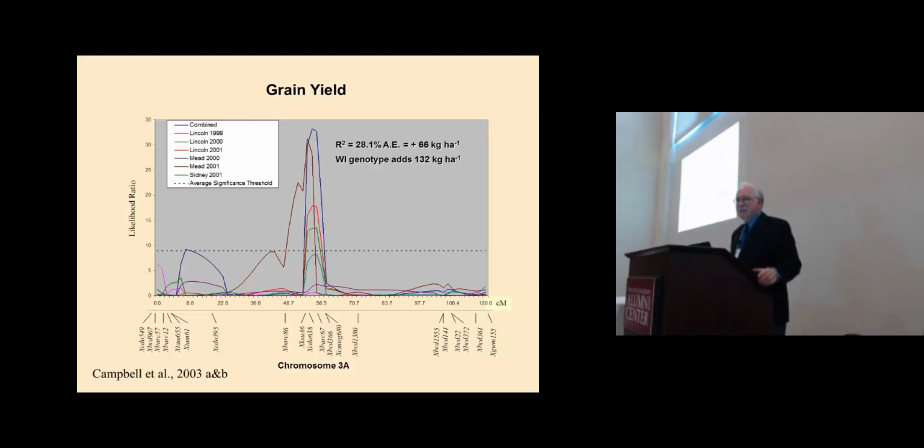For those of you that remember QTLs, this is a slide where we finally got markers. We were able to break the chromosome apart. And what you can see is there's a very sharp spike, this blue, at one region in the chromosome. There is a second spike here, but only when you have all the combined data. As soon as you try to do it by location, you don't have enough power.